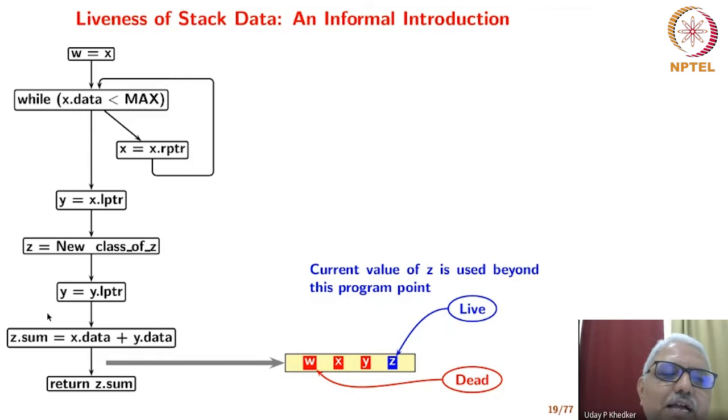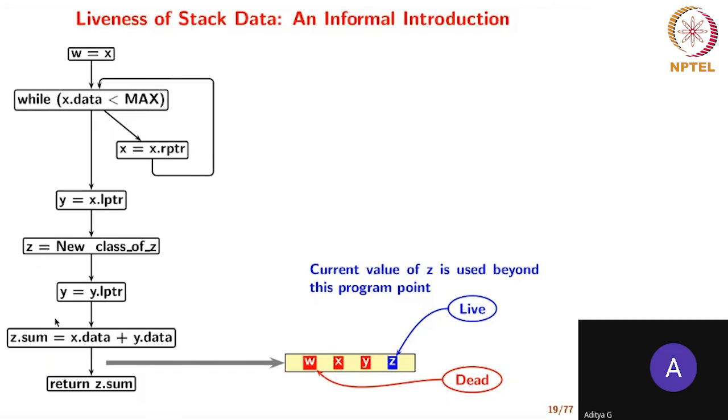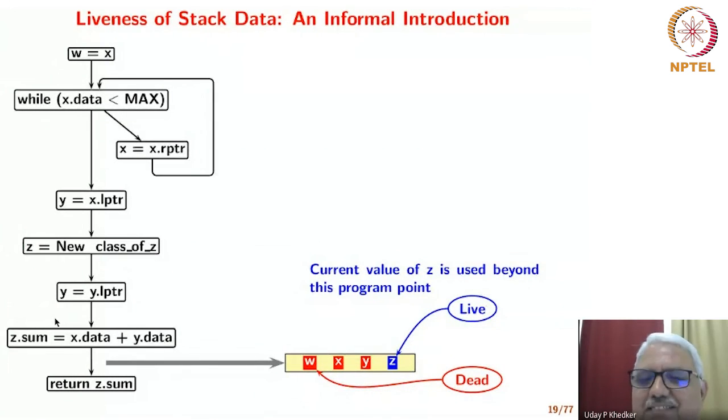So supposing I put a null value in Z here or a garbage value in Z here, will that work? When you assign it, it's obviously a null value, right? No, I think it won't work because you need that object, right? Yes. You need to access that object, right? So assignment is not to Z, assignment is to Z dot sum, right?